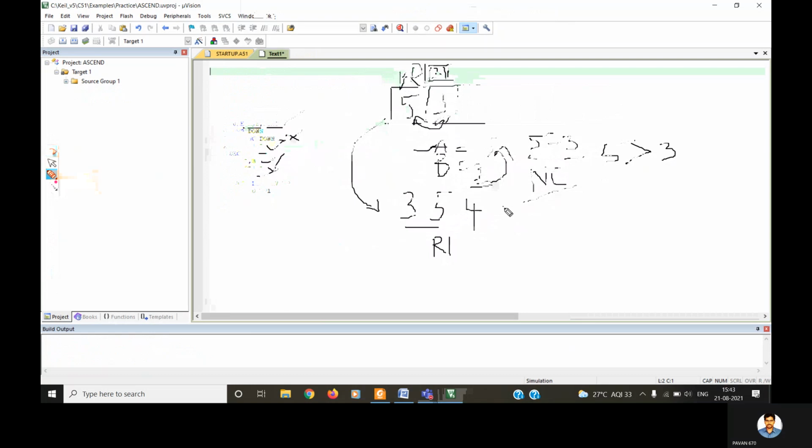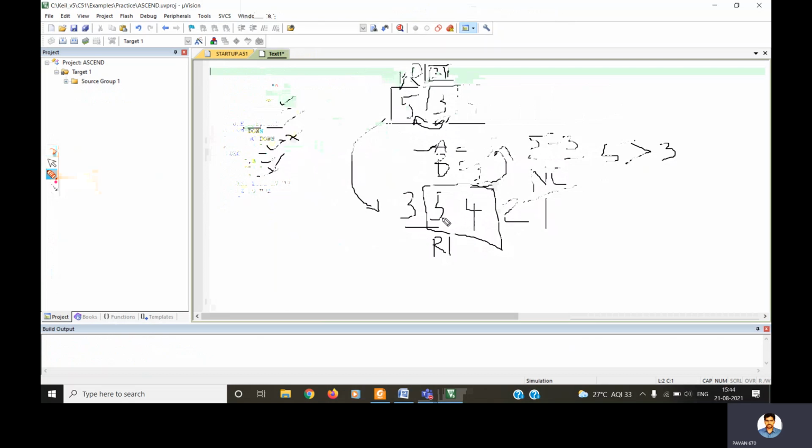This one is 5, 4, 2, 1. Now the comparison will be made between these two values. The same logic will be applied, 5 and 4. Then increment R1, and after that decrement R7 and jump if not zero to the up label. Why is this R7 provided here? It is a count value. How many times has the sorting been completed? One time. Still 4 values are left to be checked.